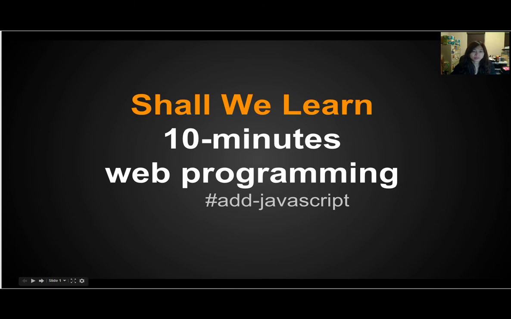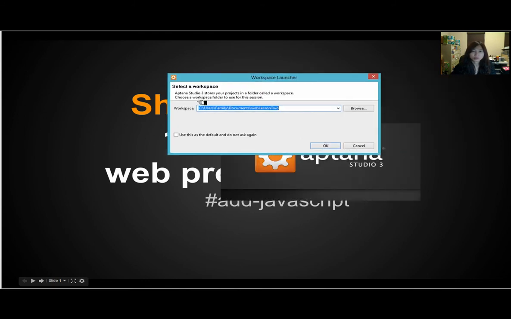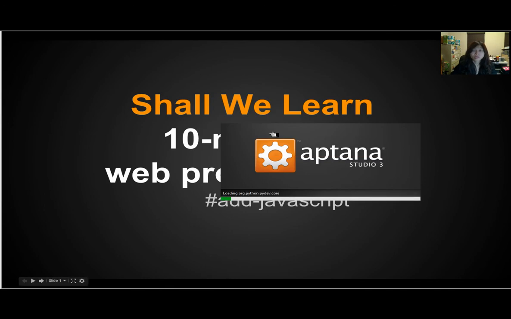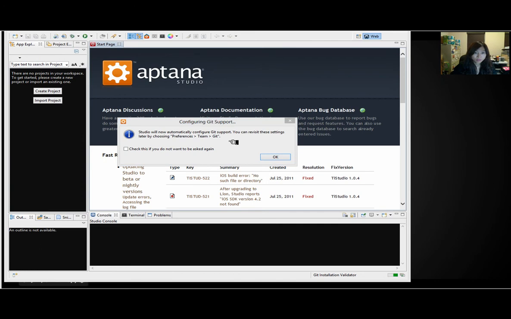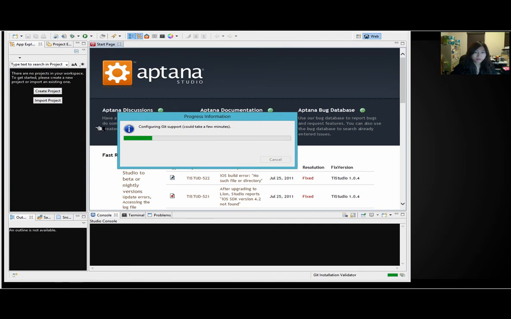So let's start. Start your Aptana 3 and then let's create a brand new workspace. I'm going to type in lesson 2 and just click OK. It's going to create a brand new workspace for you. And here you can just click OK. And when it's done,